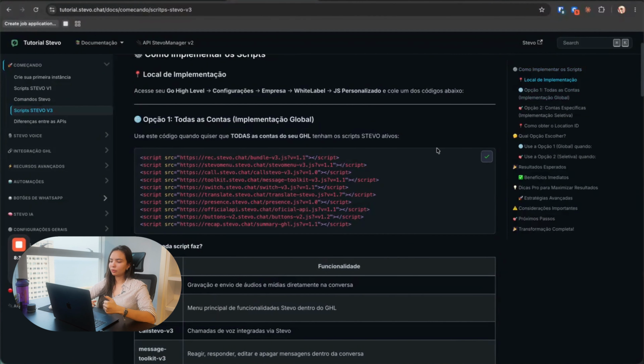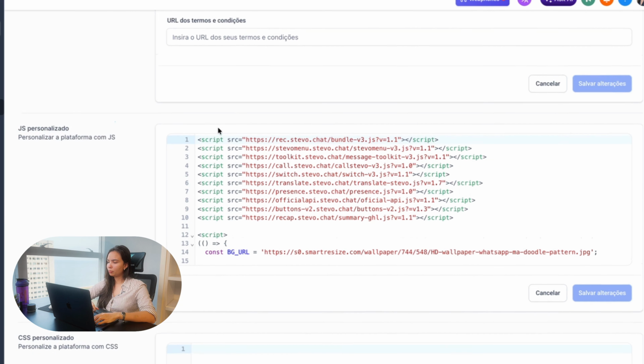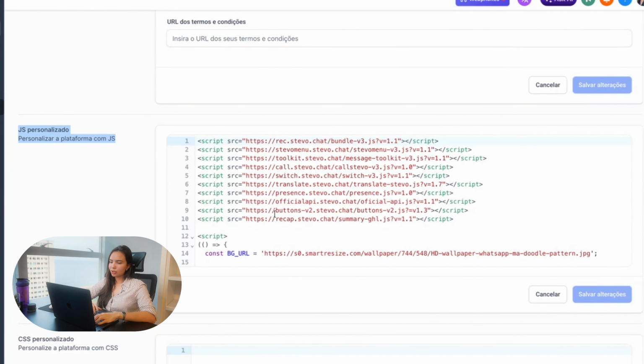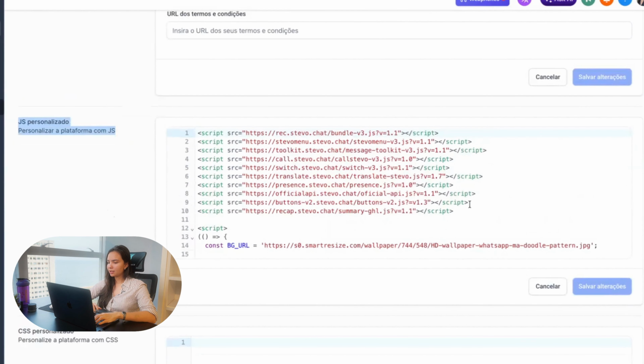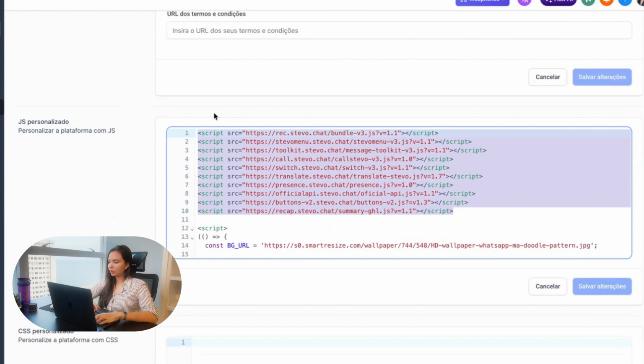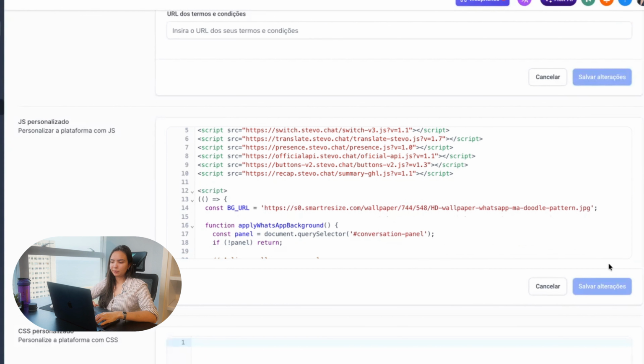I'm going to install it. How do I do it now? You copied your code. You opened it here inside custom JS where I showed you that you need to go. You just come here and paste the scripts, okay? Paste the scripts. What do I do next? Click on save changes and everything will show up in conversation for you. If you don't have access to agency view, ask the person you bought Go High Level from to make this change for you.